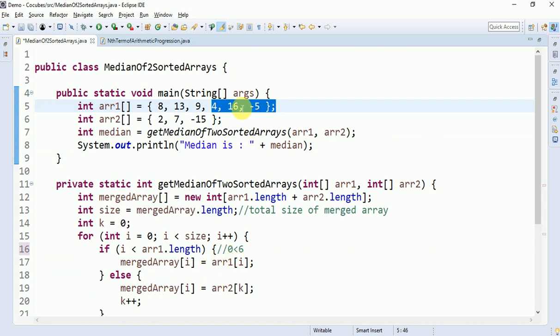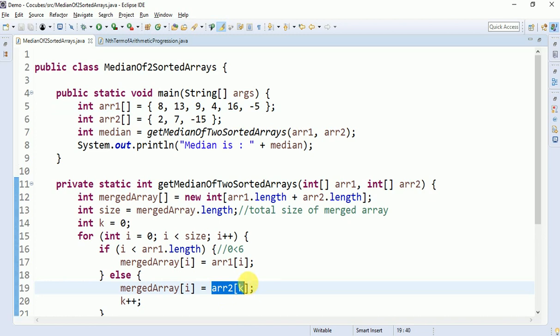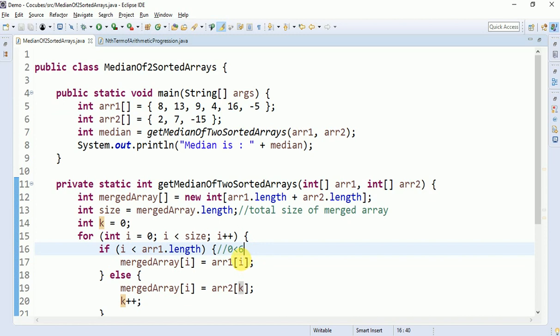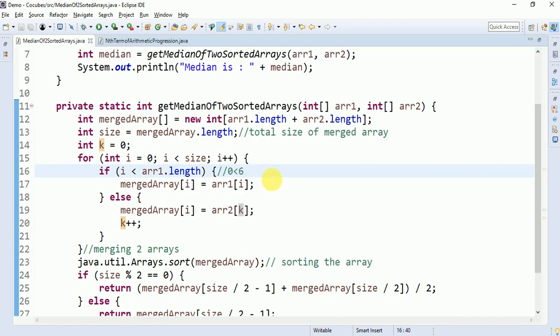Next job is what? I mean this is the position of the 5th index, yes or no? If this is the 6th element, the position will be the 5th index only, right? So the next index is 6 and the element is 7. So the next element should be coming from array2. So what I did is, this condition fails after 6 less than 6, this definitely fails, yes or no?